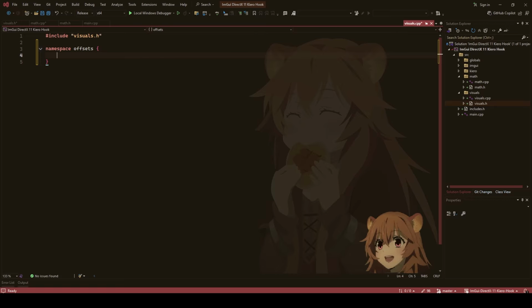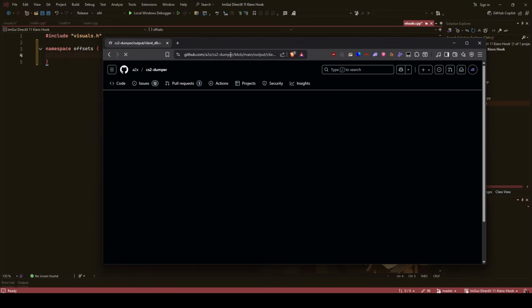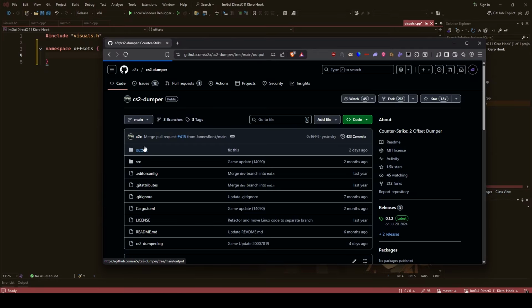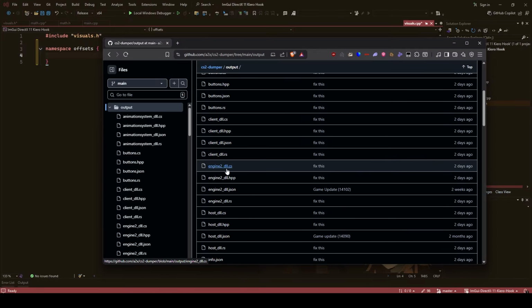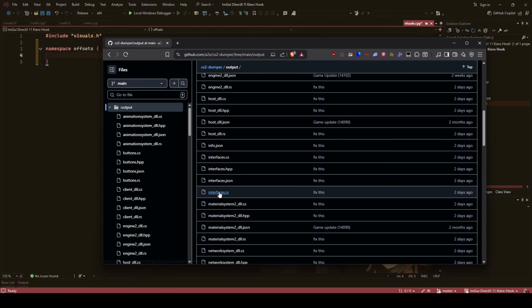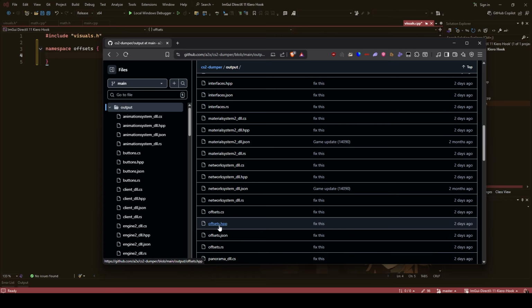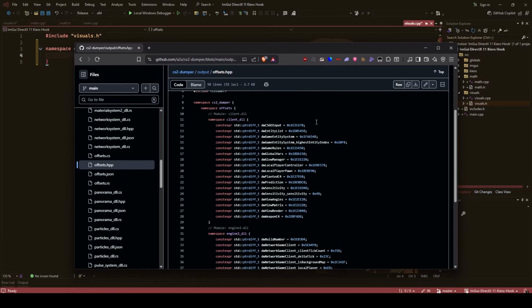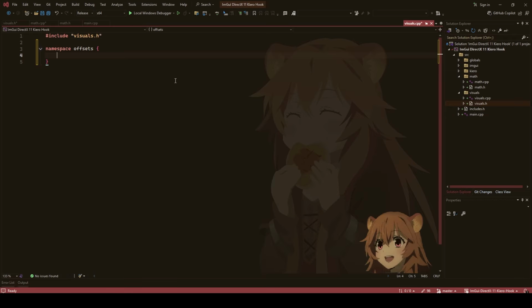Then I'll go to the a2x CS2 dumper on GitHub, go to output, offsets, and we'll be needing the entity list,